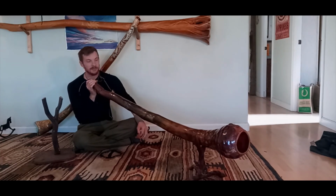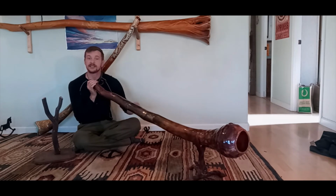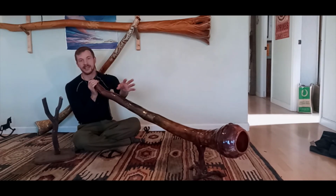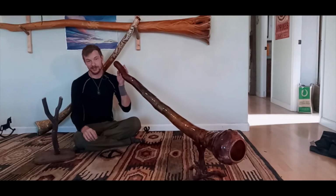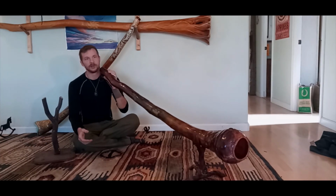Yeah, so those are the basics of beginner and intermediate didgeridoo playing. Obviously, there's a lot more. There's so many different styles of playing, and just look into it. Really, the most important thing is sitting down and just going for it, and making sure to really listen to what's happening down there. Some didgeridoo aspirees will make the mistake of trying to force the didge to do a song that they want it to do,